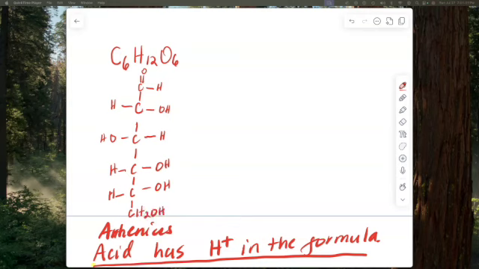So you can see in the glucose formula, there's a bunch of OHs. Let me highlight all the 8 OHs we have present. This one here, this one here. Oops, not that one. Go back, go back. This one here, we got this one here, we got this one here, and we got this one here. So when you have glucose solid